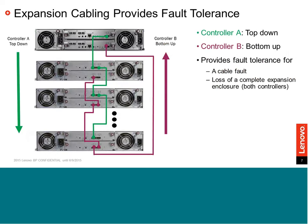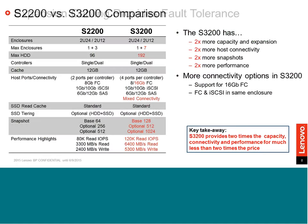So here is a cabling design, a redundant cabling design of your expansion enclosures, how you connect. It gives you connectivity and availability despite a cable fault or loss of one of the expansion enclosures. Top down and bottom up. And this is an eye chart. As you can see that